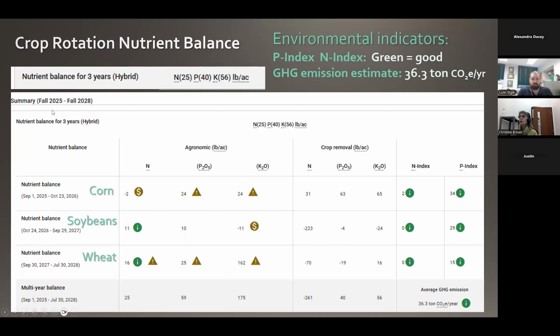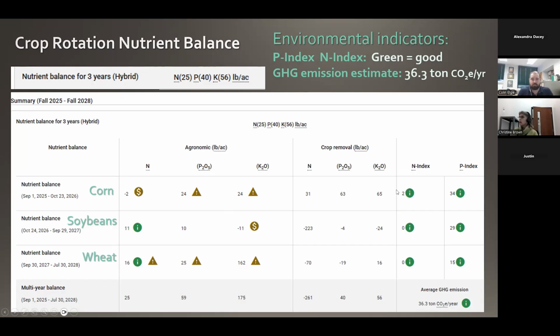And then the other thing with the field calculator, if I go to the nutrient balance, I get the different indicators. And really what I wanted to show here is that there's the economic indicator to say I'm not quite meeting what I need, but that's where you look at the bottom line. And then the I here, this is 11 pounds of the nitrogen credit from the manure that was applied in the corn year. And that's one that people often forget about.